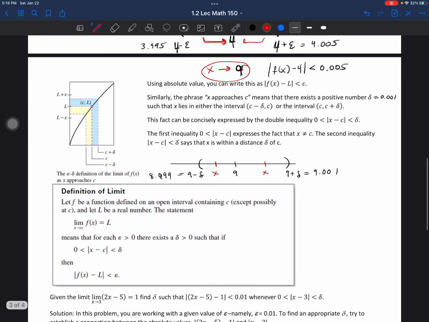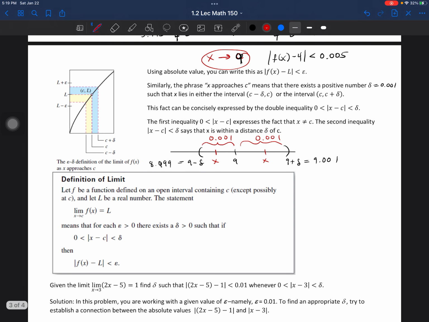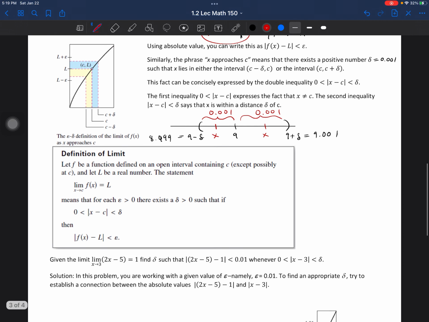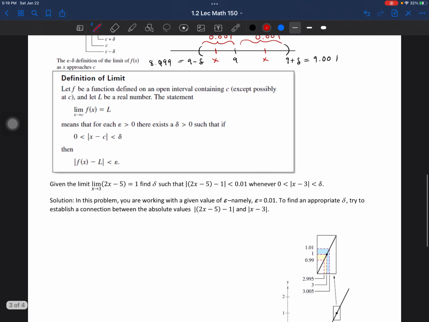And so the difference between those two is smaller than 0.01. If you notice here, the difference between those two is 0.001. So x and 9 have a small difference. The distance between those two is even smaller. And remember that in pre-calc, we learned that the best way to describe the distance between two objects is by using the absolute value and the inequality. So for now we're going to discuss the actual definition of a limit,